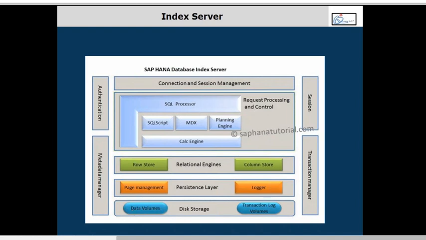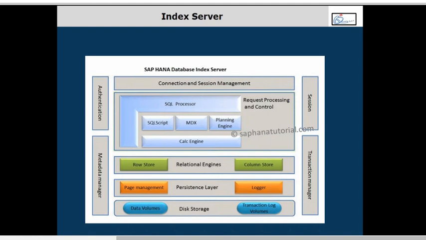Now 11.5 is gone. At 11.6, you create one more transaction. The page manager will identify the change, and logger will maintain the log saying at 11.6 a new record was created. Again at 11.7 you create one more new record. Again page management will identify the change and logger will maintain the log in the log volume. So you get 2 logs, one at 11.6 and one at 11.7. Let's say at 11.8 you lose the power. The power supply is down. So then what happens? The main memory is lost.